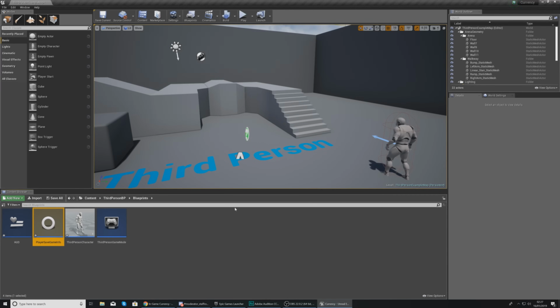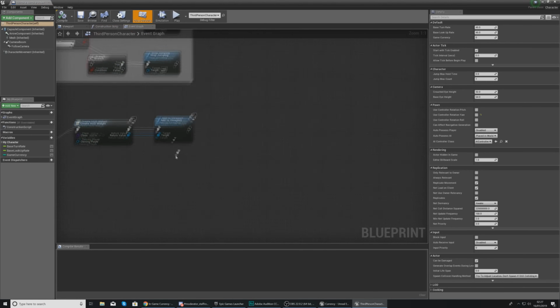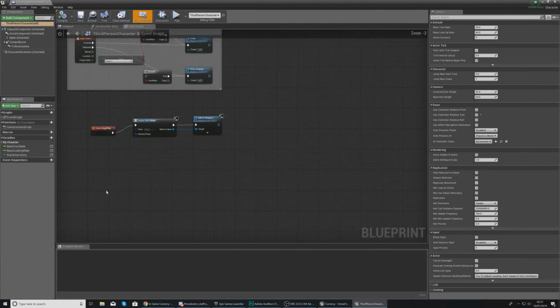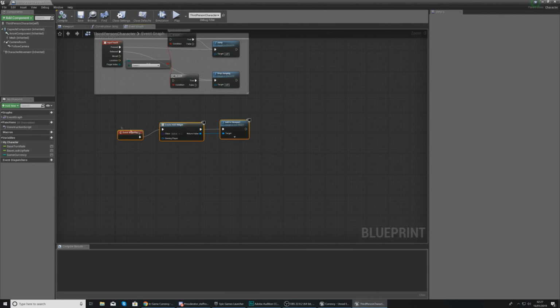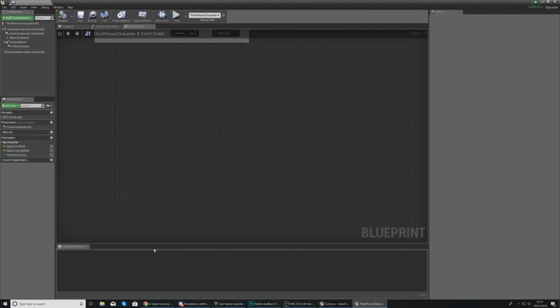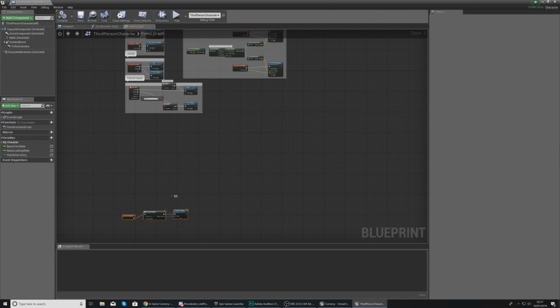And that way, whatever you have saved is essentially going to be displayed on the screen. And if there isn't save game data already, then it's going to create a save game data using this blueprint. So what we're going to do is open up our third person character, and we're going to do just that. Now, with our begin play, we are going to bring this down to make us a little bit of space